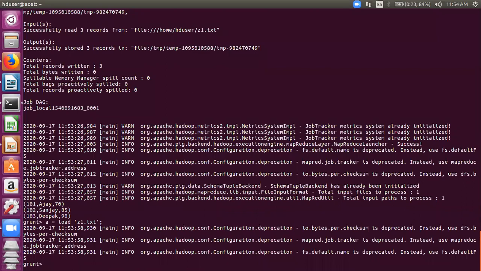If it is comma separated and Pig picks it up as a tab separated file, then it won't be able to distinguish between columns, and whatever analysis you do would be incorrect. So be very careful. Write your load statement properly, giving the storage function, the schema and the data types properly, so that there are no miscalculations in your analysis. Is that all right, Mani? Yes, sir. Thank you, sir.